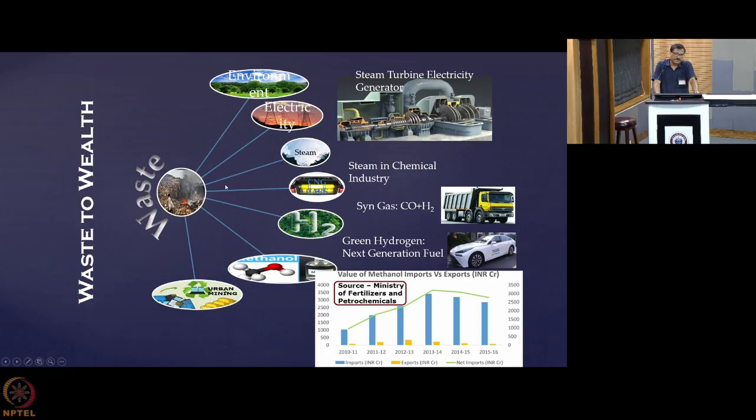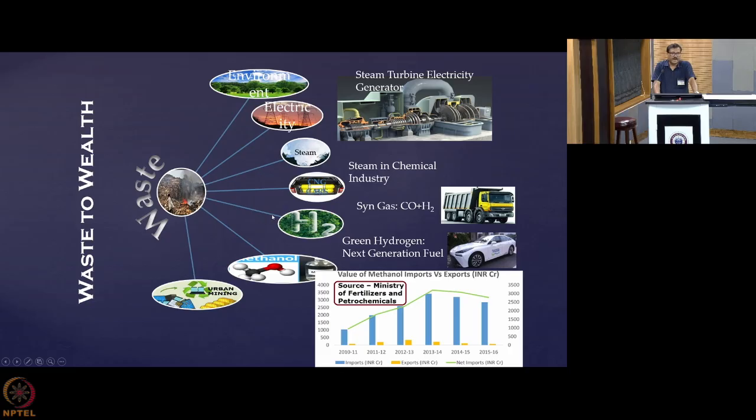It can produce steam because it is anyway generating energy, so that steam can be used in the chemical industries. Then, if you are going for gasification, it is very much possible to generate carbon monoxide and hydrogen out of this waste. That combination is called syngas, and if you are able to purify it, make it free from carbon particulates, then this gas, a combination of carbon monoxide and hydrogen, can be used exactly like compressed natural gas, CNG. So you can run engines, you can drive vehicles like that.